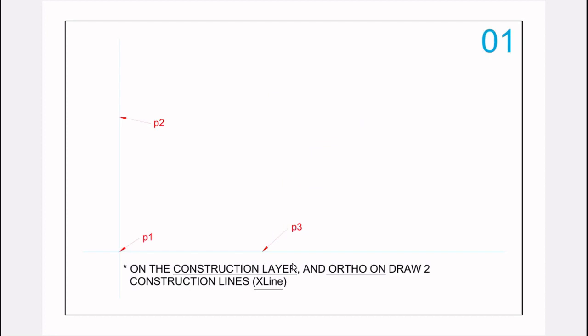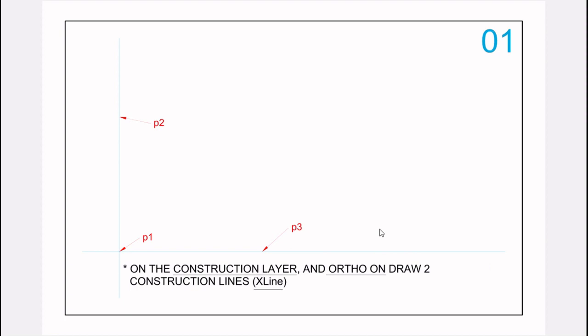Okay, so first thing we want to do is we make two lines. This time we will use XLine. We'll use construction lines, or XLine. This should be done on the construction layer. So ortho mode on, then type XLine, then we draw. We click here, point 1, point 2, and point 3. You will have two